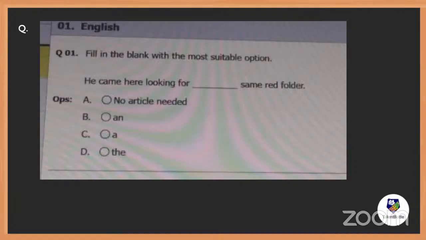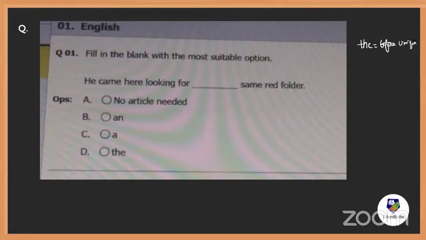Quick, try it. Something is better than nothing. Just try it. Can't we use the? It is not about unique, dear. Who said the should be used only before unique ones?